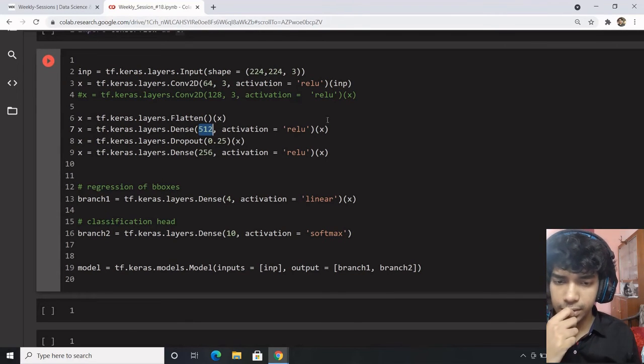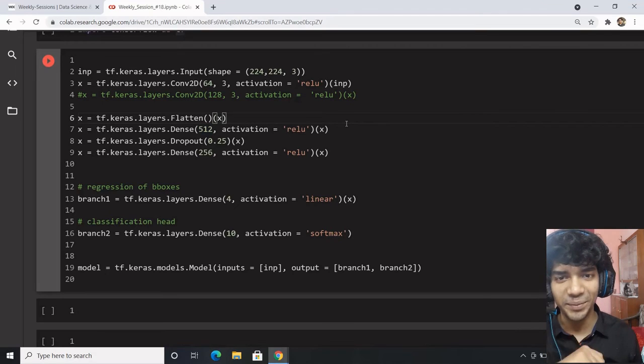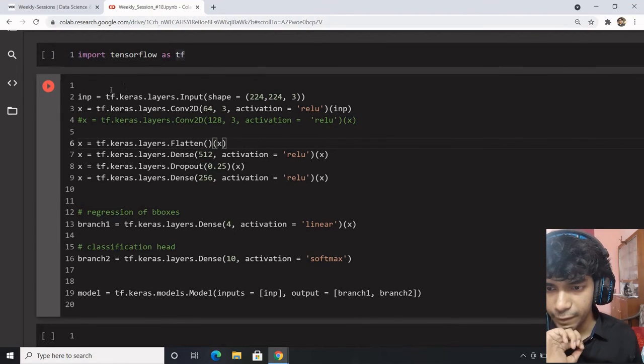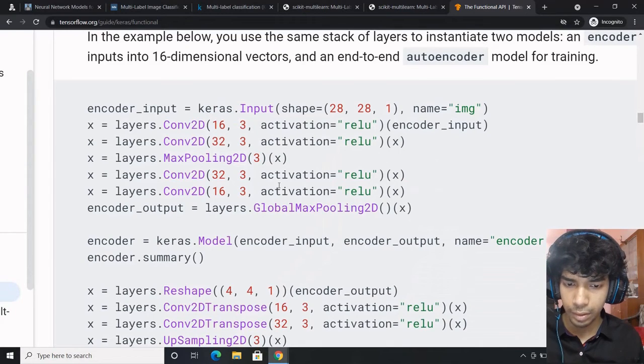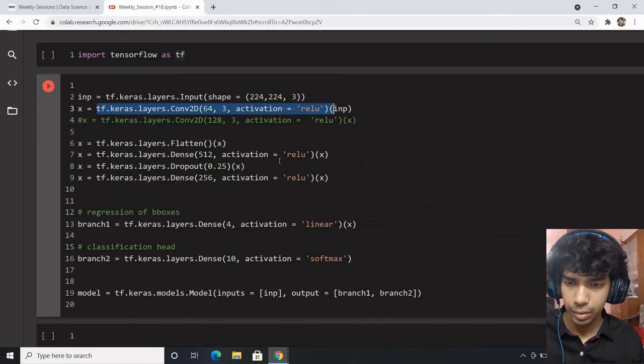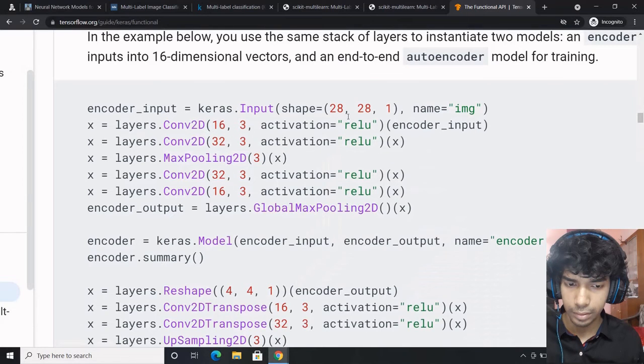Point is, it is getting stuck over here and I'm unable to figure out why this is happening. So what we can do is take this. This is my convolution 2-dimensional. It goes through an X.